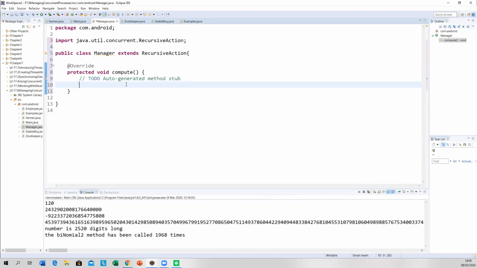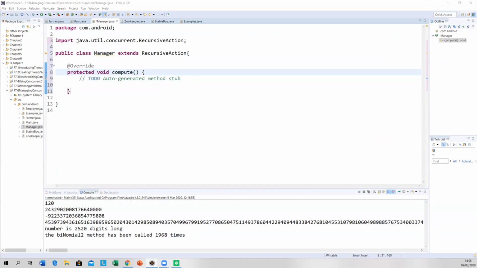So we're not going to put anything in this method first. So this is overriding the compute method. Now, compute method, this is what allows forks and joins.